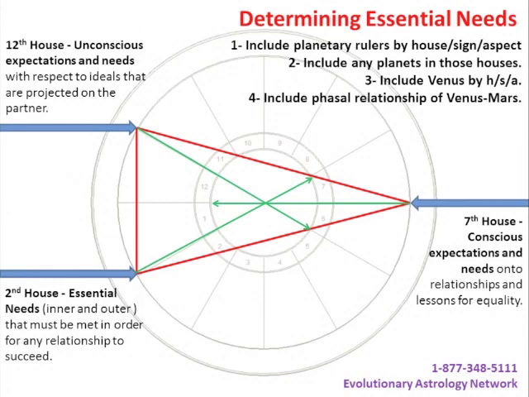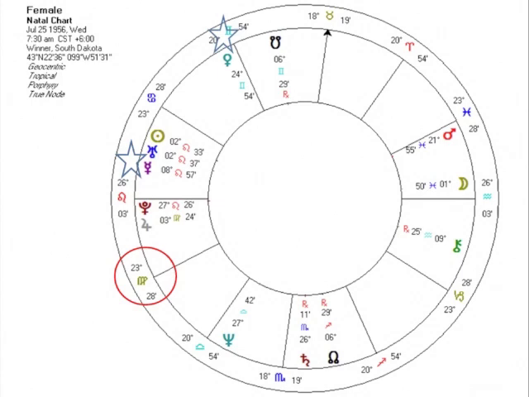So let's move on. We're going to look at some chart examples. First of all, we're going to look at the female chart. You've got the birth data up here so that you can jot this down and draw up the chart on your own and look at this over the next month before we take the two charts we're using into synastry and composite examples.